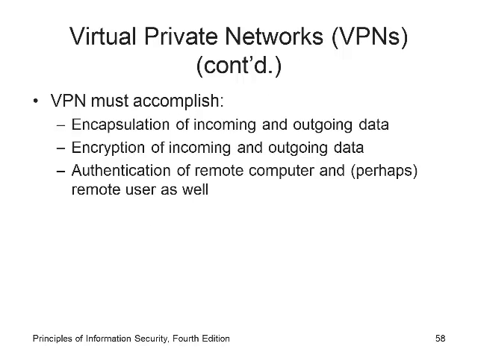Okay. VPNs give us encapsulation of incoming and outgoing data. In other words, you want the data between the 2 sites encrypted so people can't see it. We want it encapsulated. It says encryption of incoming and outgoing data. Okay. So encapsulation is like it's hidden. You don't know there's any data there or what the data is, and it's encrypted. Okay. Once you have authentication, of the remote computer, and perhaps remote users as well, the systems might provide authentication of users or of the systems themselves.